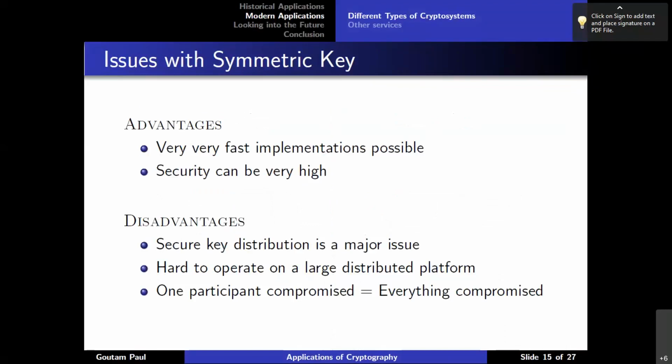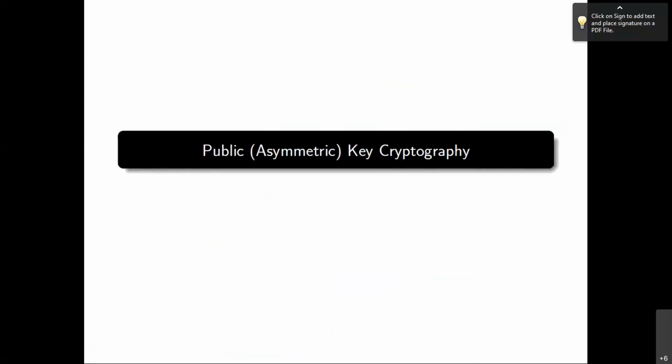So that is the problem in symmetric key, because everyone is using the same key. If there are 20 people in a group, they are sharing a common key. So if one person is compromised, all the other 19 are compromised. Okay. Now in the public key paradigm,